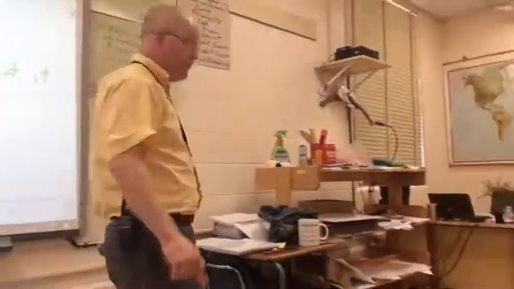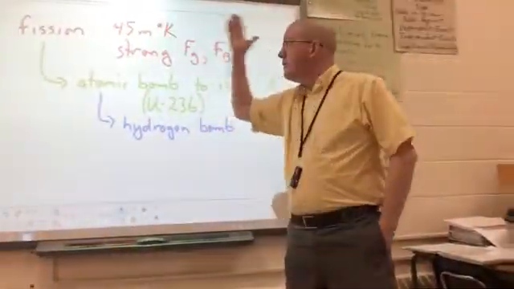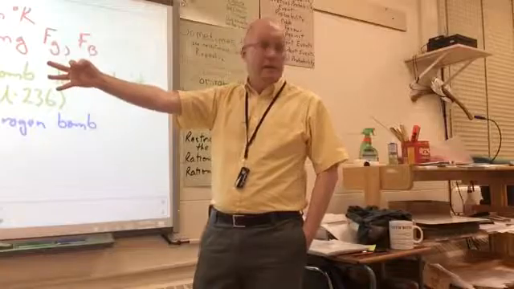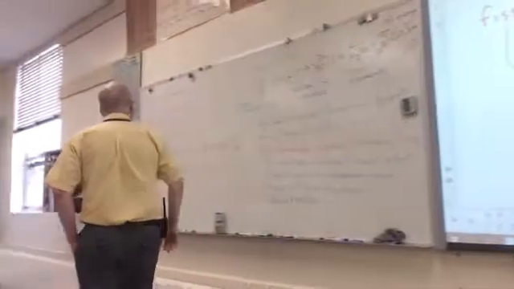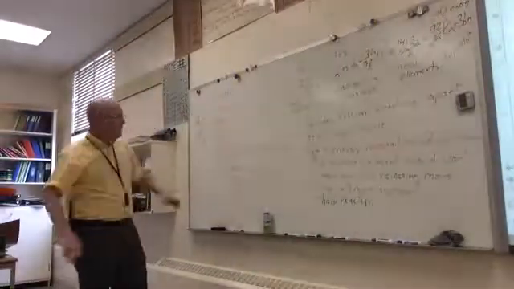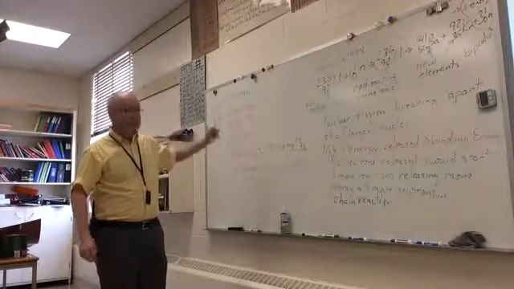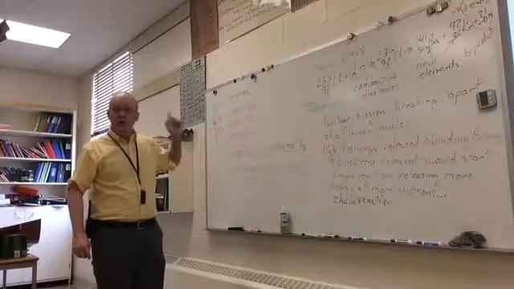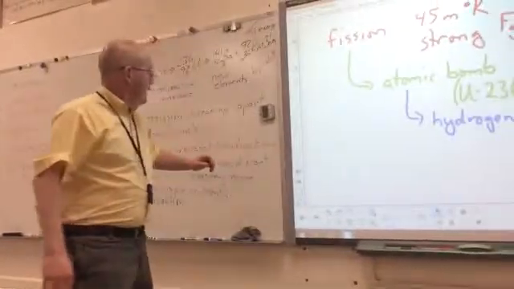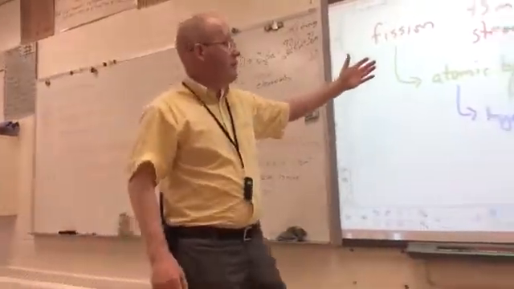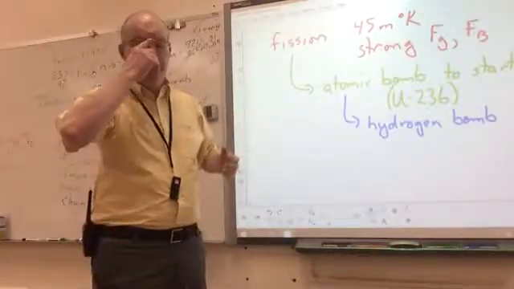All right, now that's it for me. I want to point out fusion can happen spontaneously with large, heavy elements. We can also force it. I apologize, I erased it, but it was Rutherford hitting nitrogen with an alpha particle, artificial transmutation, we can make unstable elements. And sometimes it takes a lot of energy. Now, the atomic bomb, we can get that spontaneous with a chain reaction. The hydrogen bomb, or fission,